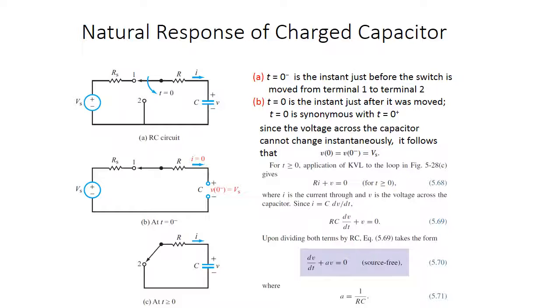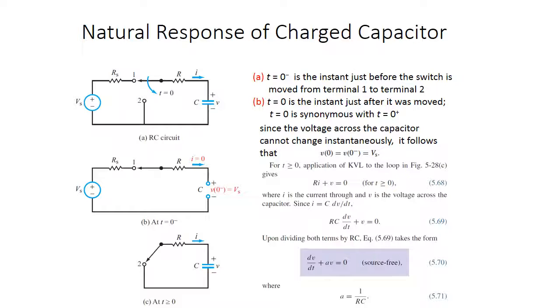And the equation for that is I equals C dV/dt, or the derivative of voltage versus time. We can plug that in: RC dV/dt. So you see how we've plugged that in for the I in the resistor because they're connected. The current flowing back through the resistor from the capacitor, they're one and the same. They're together now. And so we can solve that out, and without sources, so we're looking at the natural response